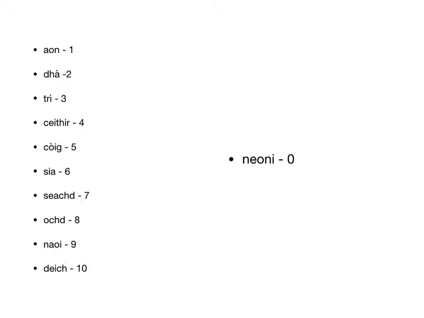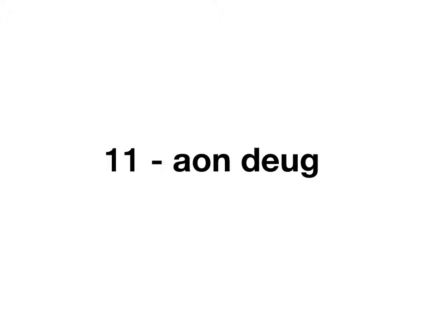So if you're ever stuck on how to pronounce a word, think back, where have you seen that combination of letters before? You'll probably have seen them in the numbers, and think how you say it when it's in a number. So then we get to the teens. Those of you who are parents will be terrified to know that being a teenager in Gaelic starts when you're 11. And if you can count to 10, you can count to 20. Aon deug,